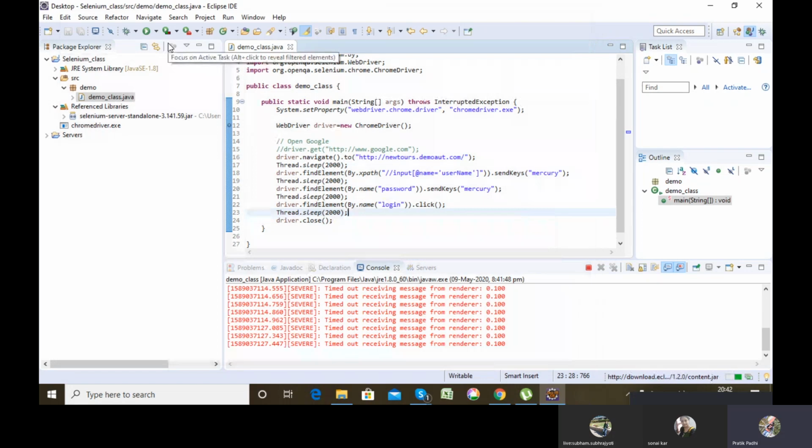See, it got closed by itself. So driver.close closes the driver instance which is open.